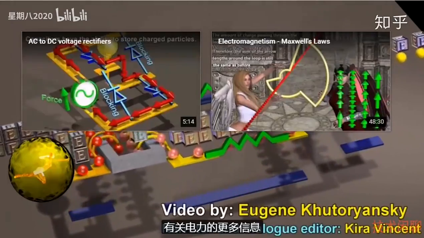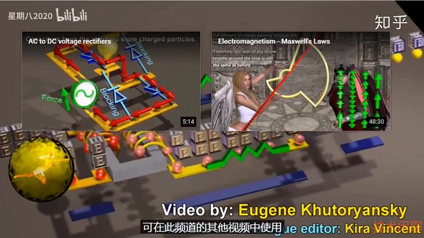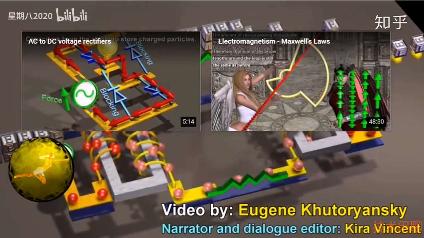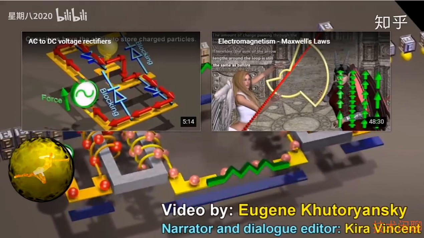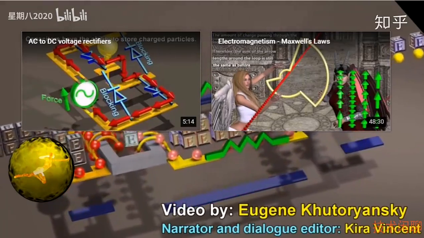Much more information about electricity is available in the other videos on this channel, and information about why transformers work the way they do is available in the video titled Electromagnetic